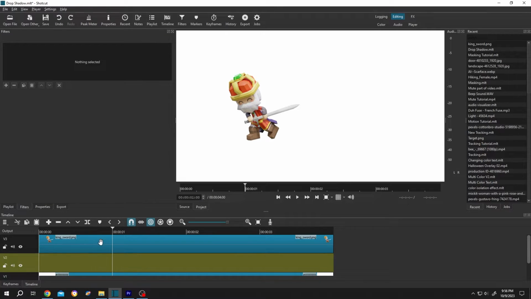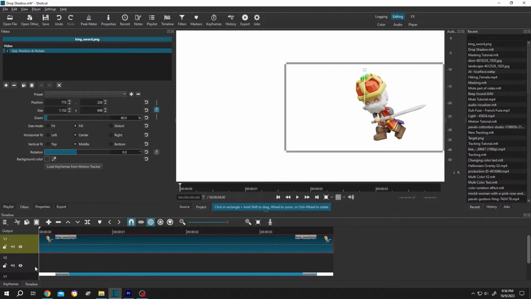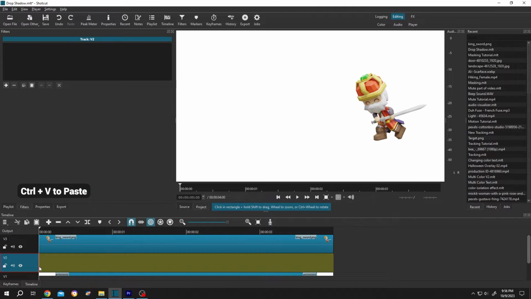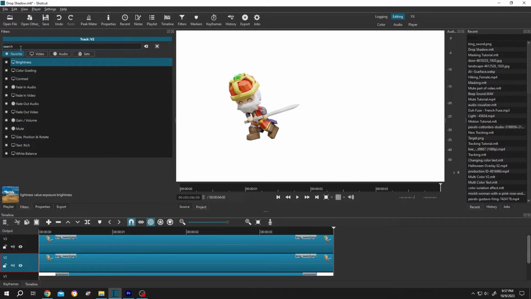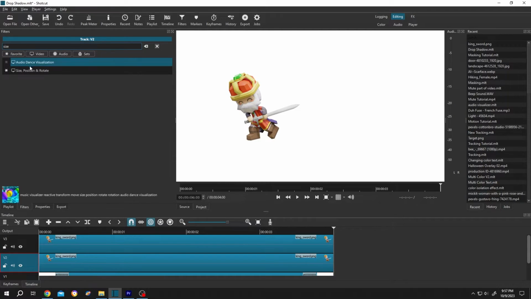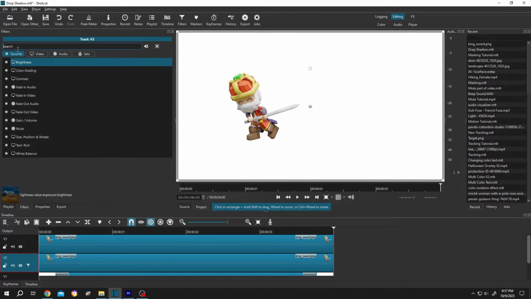Now select the image clip, Ctrl C to copy, move the playhead to the first frame, select the second layer, Ctrl V to paste. Now select the second layer. Remember, select the second layer, not the clip. Then go to filters, then click on the plus icon, search for size, position and rotate. Then add another filter, brightness,